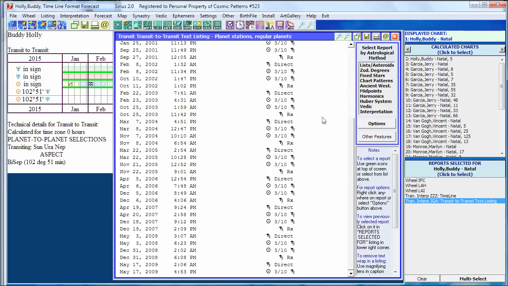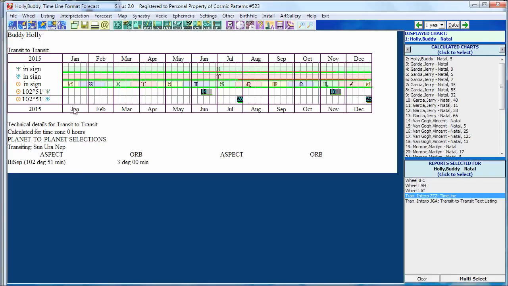So Saturn stations in both cases, whether it's turning retrograde or turning direct, in a 3/10 aspect. Just a curious observation. Here's another visualization of it where I'm showing the timeline format, as it's called in the